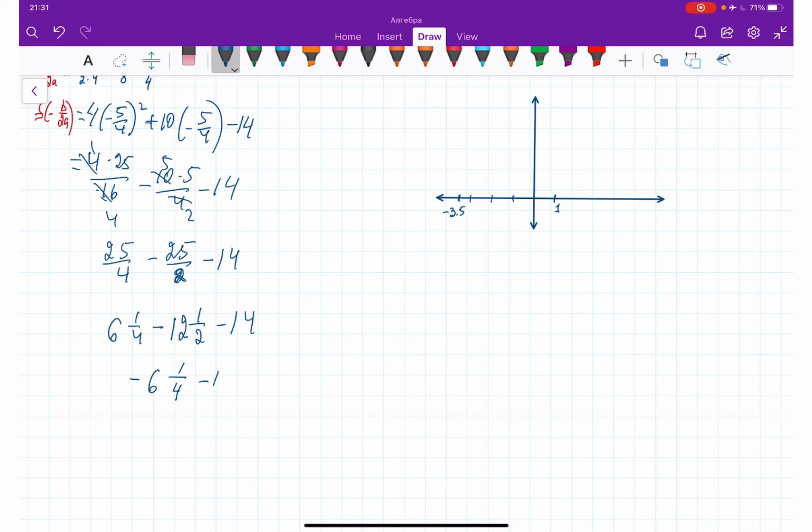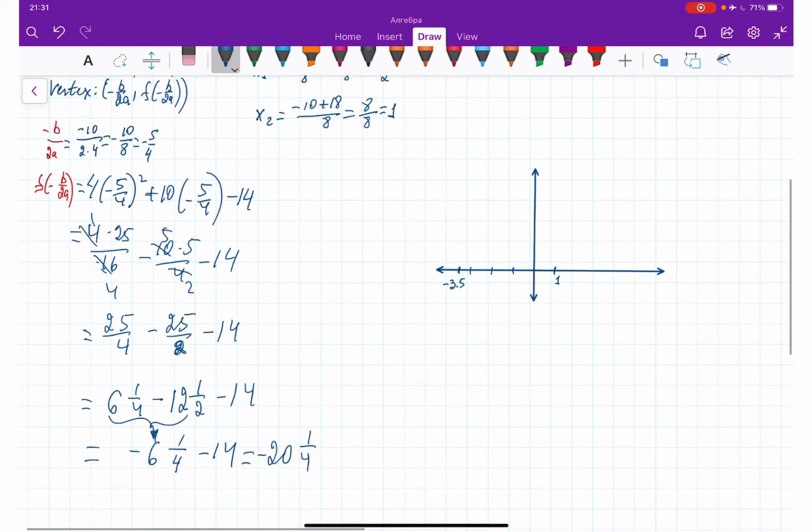And minus 14 equals, so these two give this number, and this one is going to be negative 20 and 1/4. Okay, so